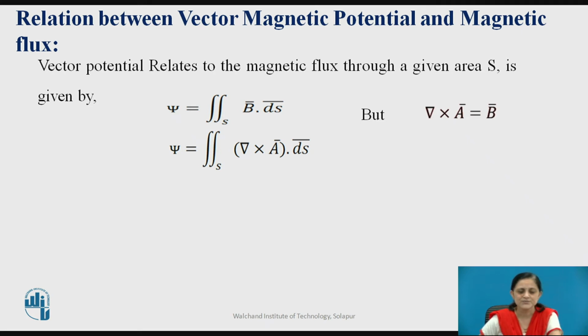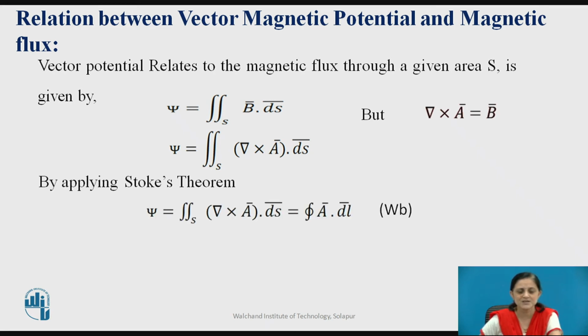As you know, the surface has a double integration, and therefore the double integration is given here with respect to the surface area. Now, applying the Stokes theorem: the length integration is equal to the surface integration. Any vector's line integral is equal to the integration of the curl of that vector over the surface. This is nothing but the Stokes theorem. So here, by applying the Stokes theorem to the magnetic flux equation, you get psi equal to the integration of del cross A bar dot dS bar.